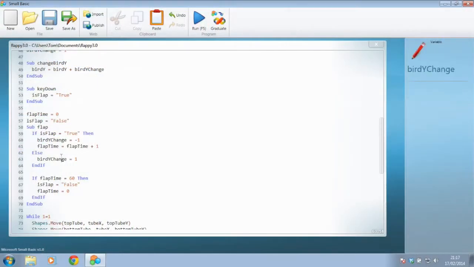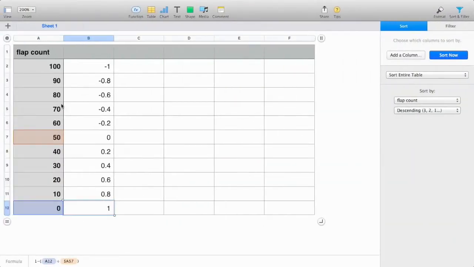So I'm going to show you the most complicated thing that I actually did with this game, and it really does help here to have a good understanding of mathematics. I've got to say my maths have never been fantastic, so what I had to do to really get my head around this is I actually went to a spreadsheet